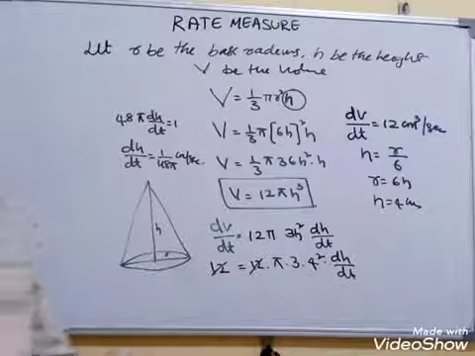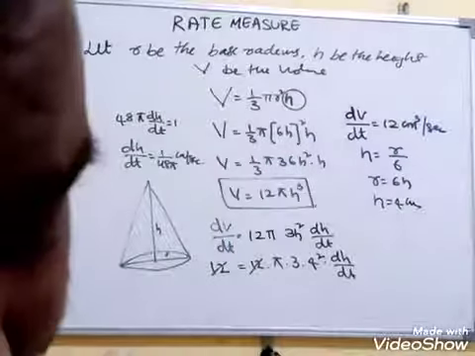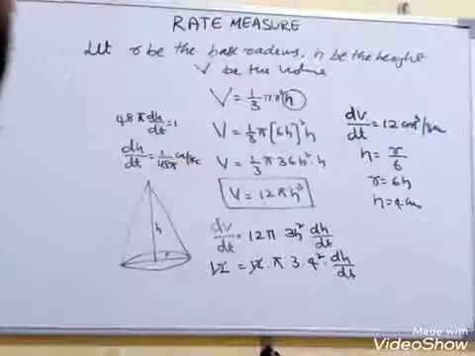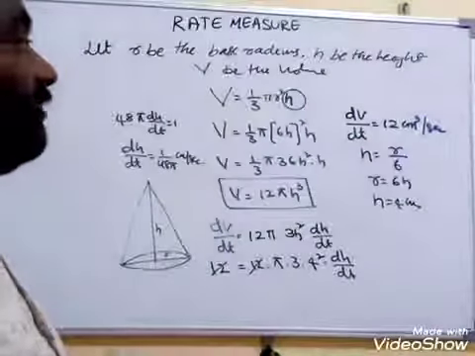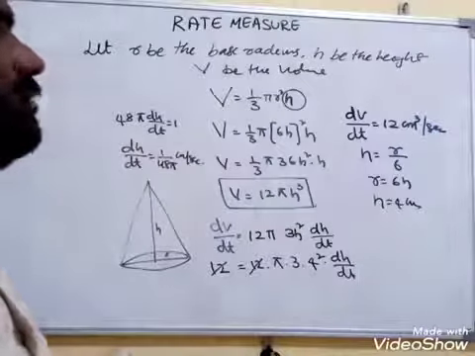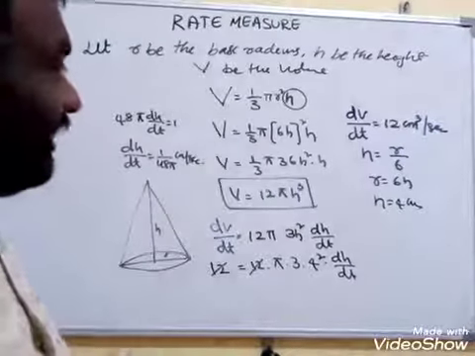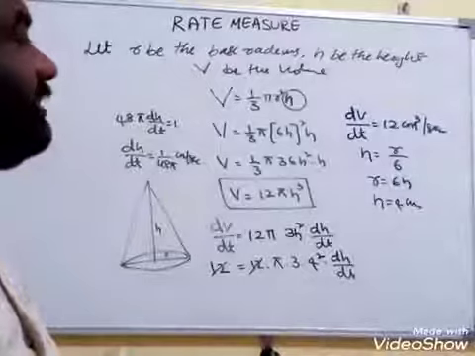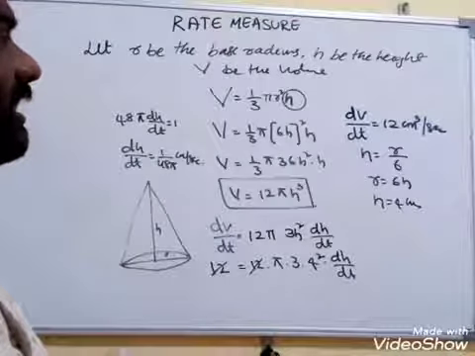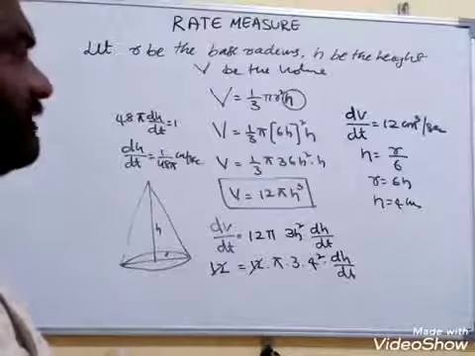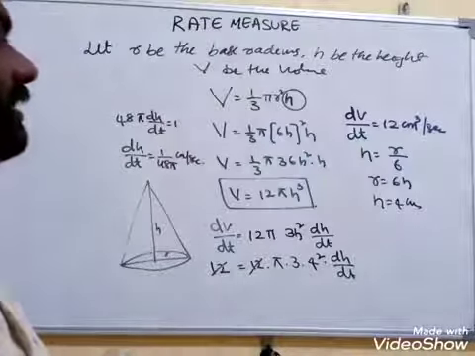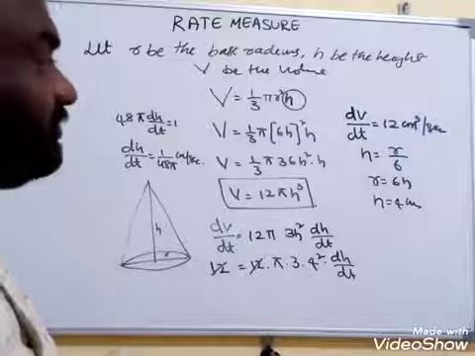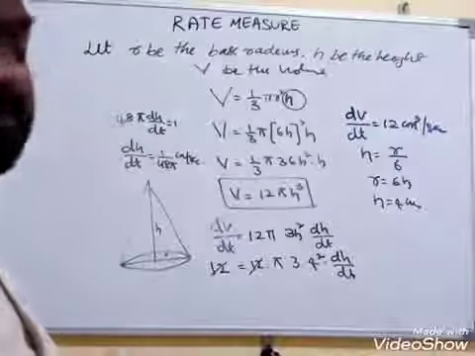Once again, basically you have to solve this problem using common sense and geometry. Let R be the base radius, H be the height and V be the volume of the cone. Then we have V equal to 1 by 3 pi r square H. R and H, two variables are there, so you have to reduce that equation into either R or H. But which one? You have to read the problem carefully.